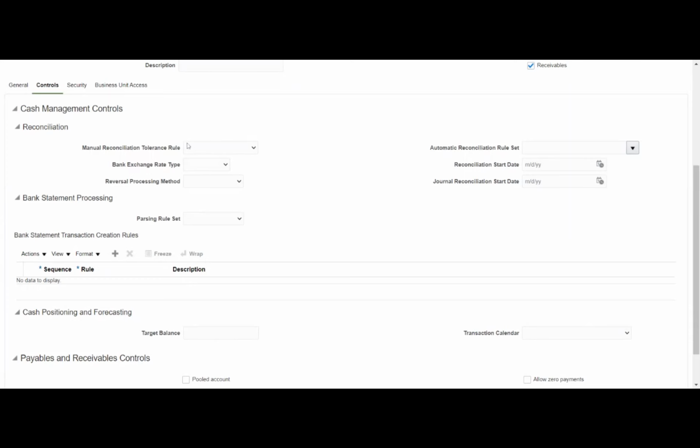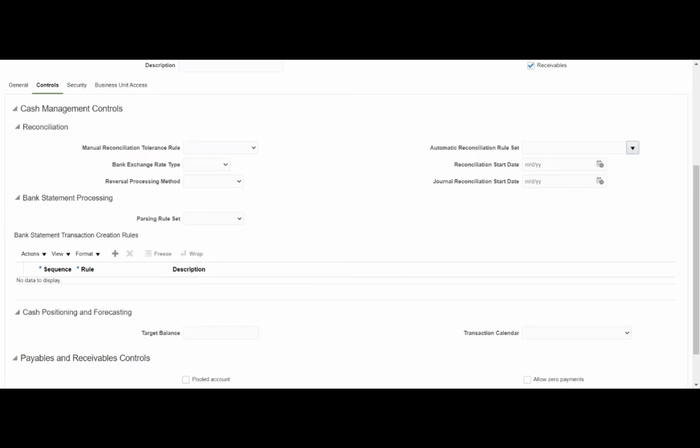So here if you see, reconciliation tolerance, if I want to give. This is for the manual reconciliation that I'm doing. There are two ways of reconciliation. One is that we will receive the statement through the shared folder which we have integrated with the bank server. That is one possible way, wherein we will do the automatic reconciliation.